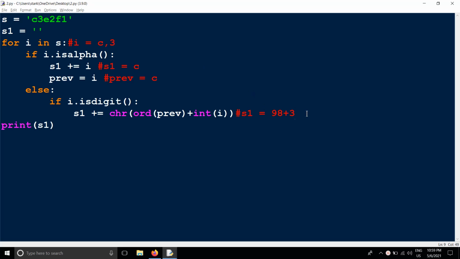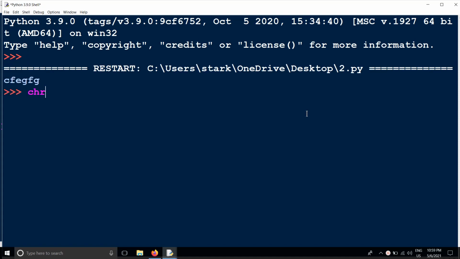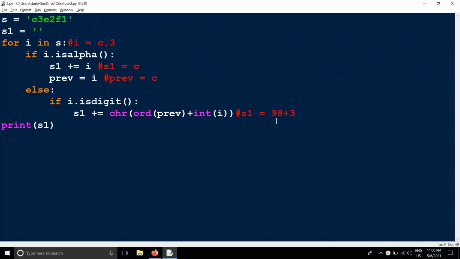Character of 101 is E, right? But we have to get F, right?